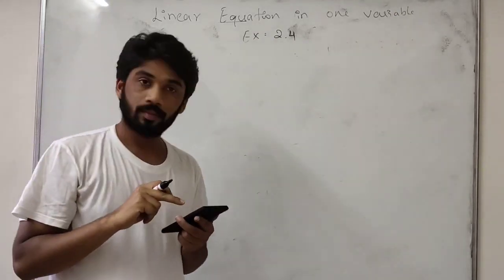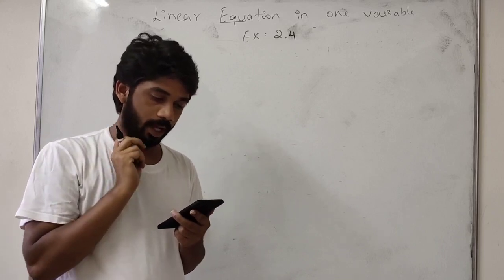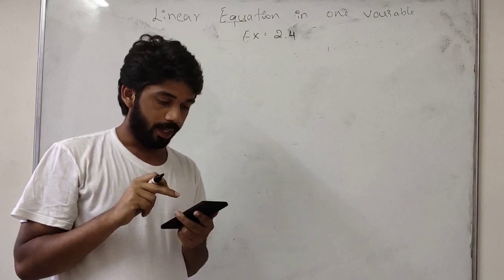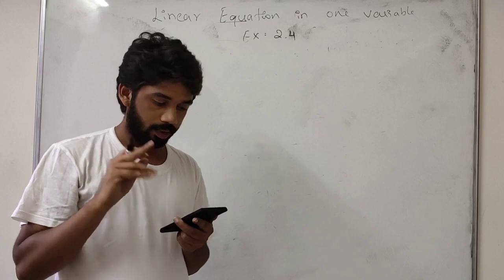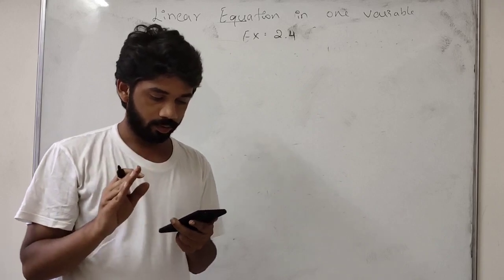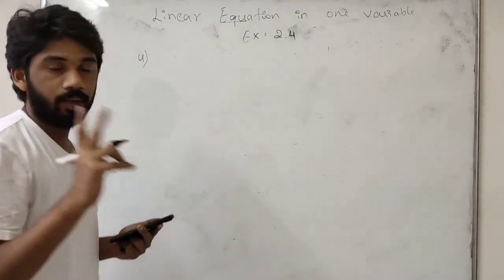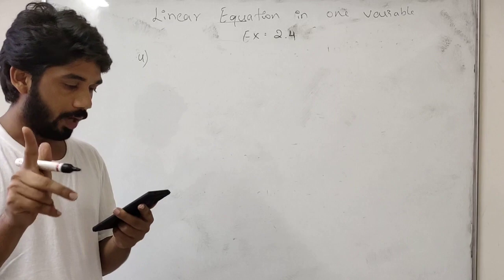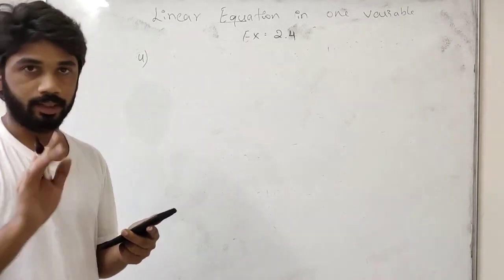One of the digits of a two-digit number is three times the other digit. If we interchange the digits of this two-digit number and add the result to the original number, you get 88. What is the original number? So students, now we have a unit digit and a tens digit. Let the tens digit be x. The unit digit we have to take as 3x, because it is given as 3 times the other digit.